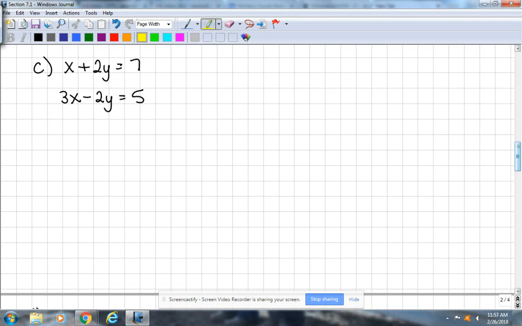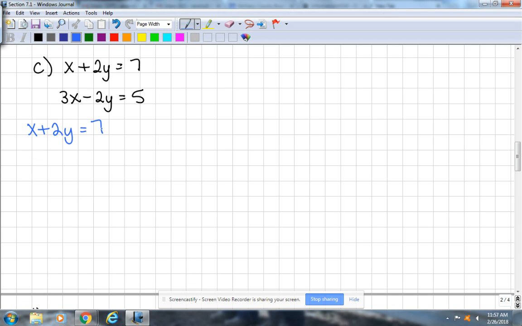All right, so both of these equations are going to take a little bit of work to get them in slope-intercept form. So I'm going to start with the first one and get everything done for it, including graphing the line before I do my second equation. That just sometimes helps us keep from getting the two lines confused on what we're doing for which one. So I like to do everything for the first line, including all the graphing, and then move to the second line. So for x plus 2y equals 7,